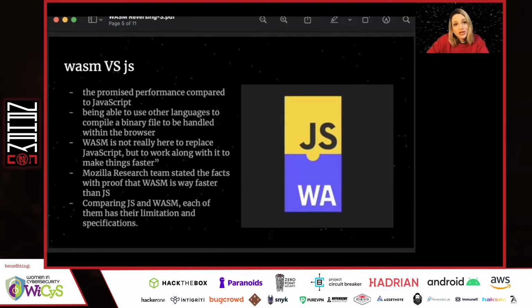It has many advantages. It's dynamically typed. It requires no compilation steps, and it has a huge ecosystem. A lot of libraries, a lot of frameworks, a lot of tools support JavaScript. On the other hand, WebAssembly, Wasm, it's a low-level assembly-like language, and it runs near native performance, and it provides